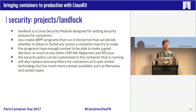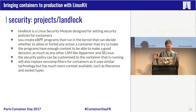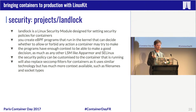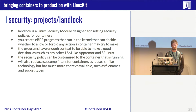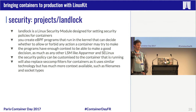It'll effectively replace Seccomp, and we're hoping it should be merged into the Linux kernel sometime, hopefully this year. There's a guy in France who developed it originally, who's been going through the iterative process of getting it acceptable to the kernel community, and I think it'll get there sometime, hopefully this year. But you can, again, try it out in LinuxKit, and this is something that we're going to have a whole set of prototypes around, so you can see how it works, work out what kind of policies we want to write, how to customize them, and work out how we're going to integrate this with container platforms